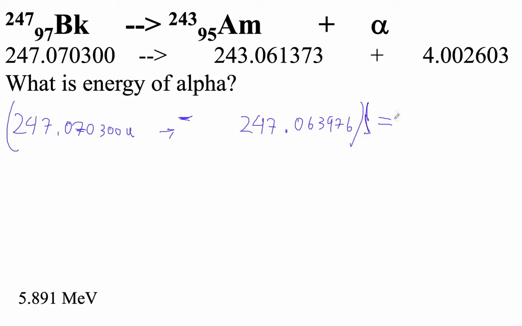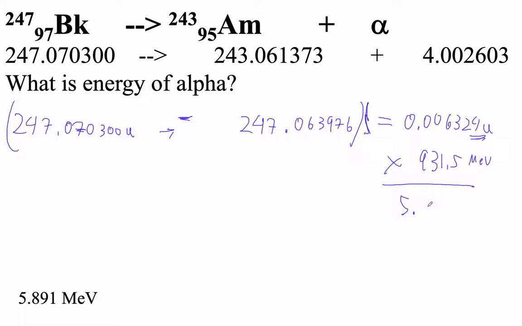The mass defect is 0.006324 atomic mass units, right? And then multiply that by 931.5 because every atomic mass unit represents this many MeV. So times 931.5. Just in general, subtract masses and multiply by 931.5, and you're on the right track for this